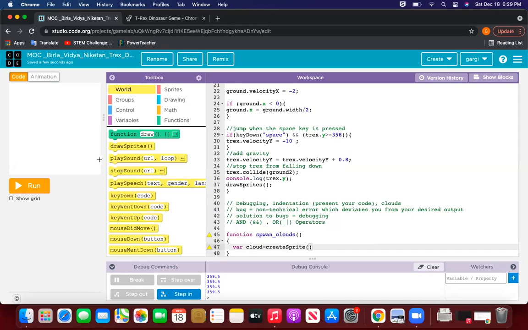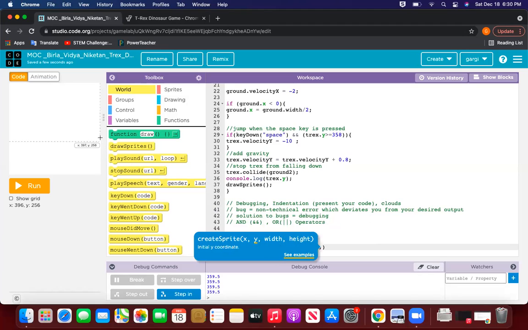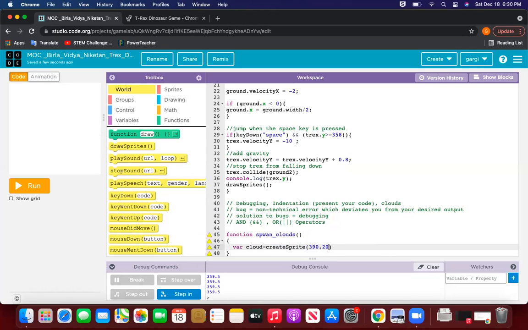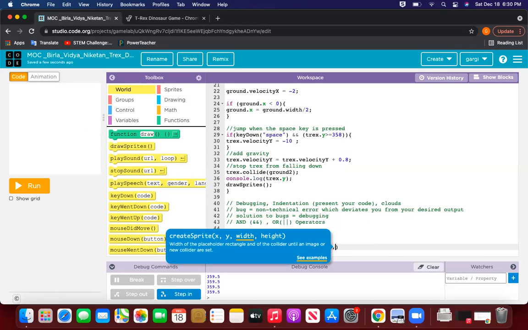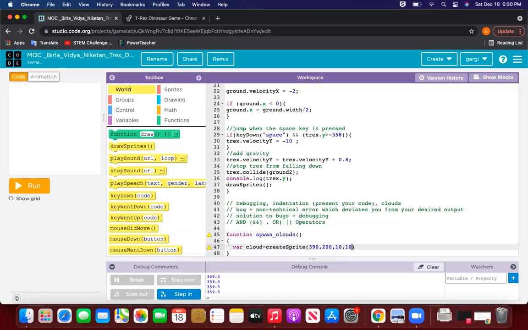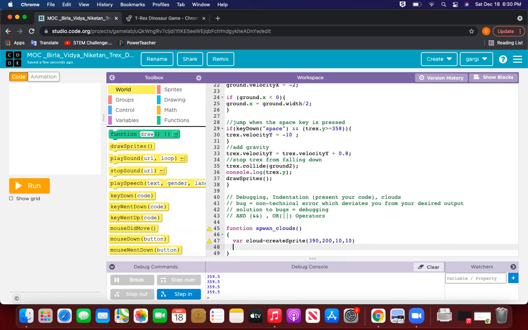It's 390 around, so let me use 390. Y position, I would like to access this height, that is 200. Then some width and some height. It doesn't matter what width and height I'm giving, because ultimately an animation is going to cover my sprite. So let me use 10, 10. So my cloud is ready.